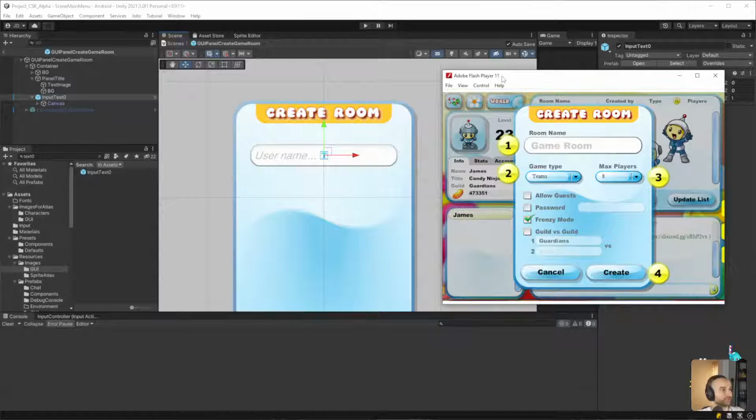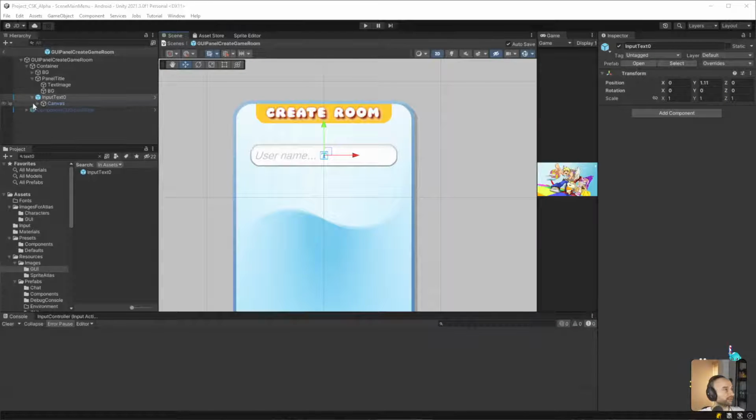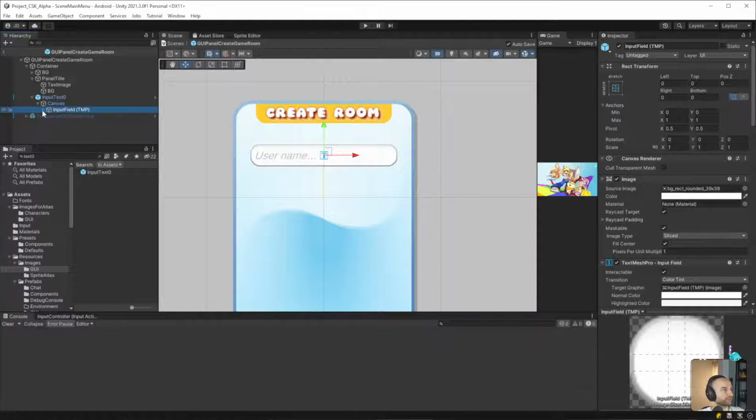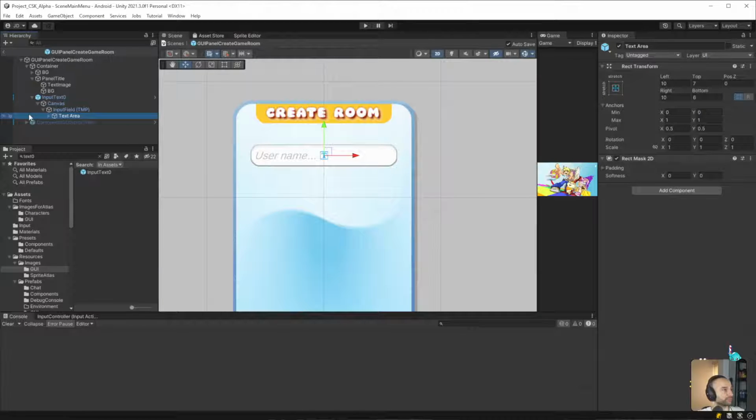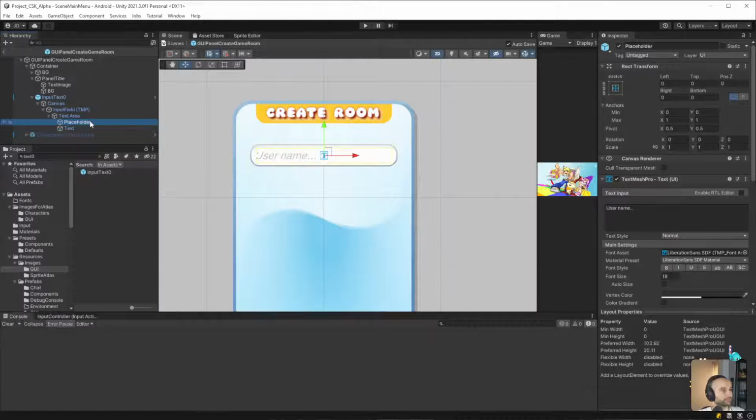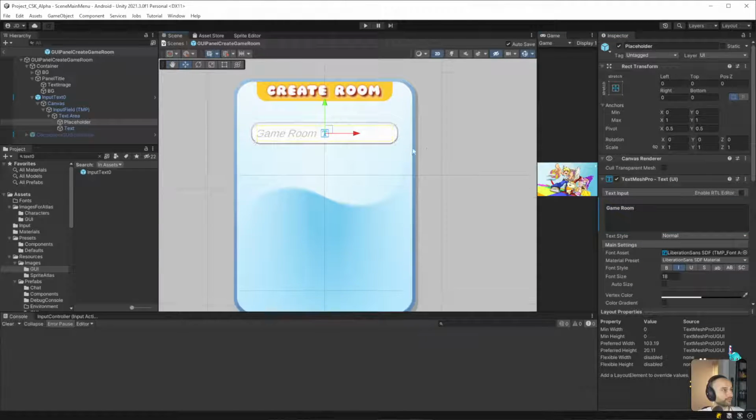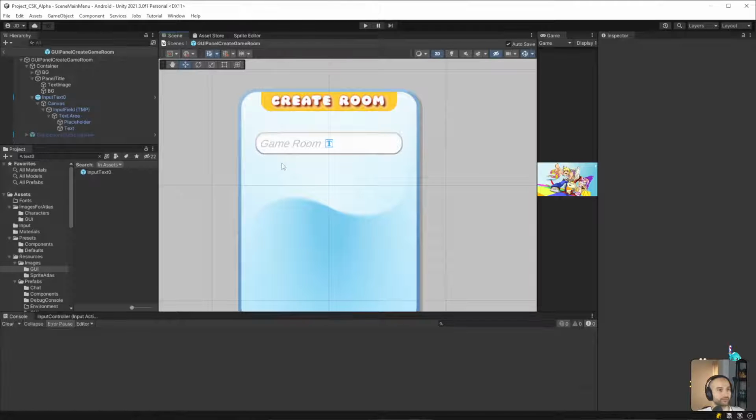Of course, I'm going to change username to the default text, which is going to be game room. And then we'll add a text field right above it that says room name, just so the user knows.